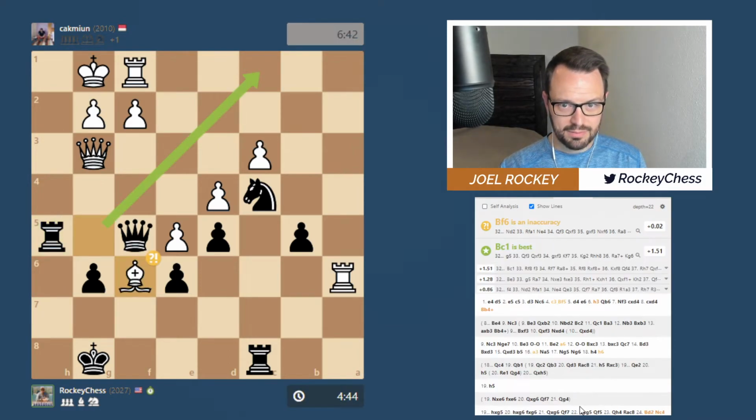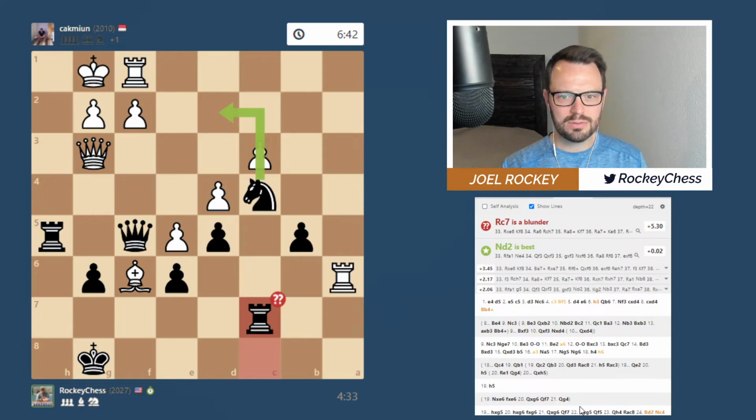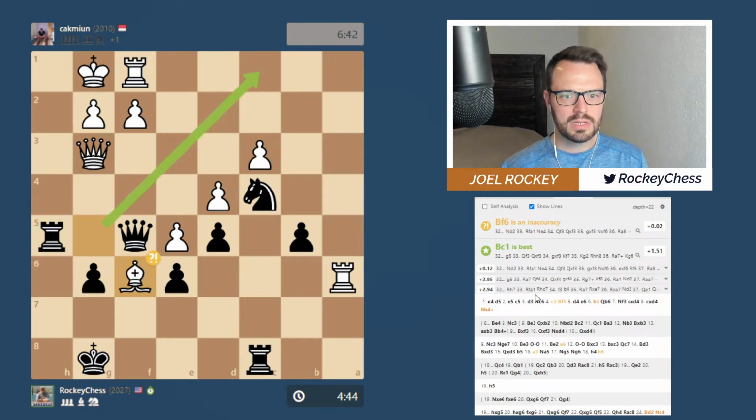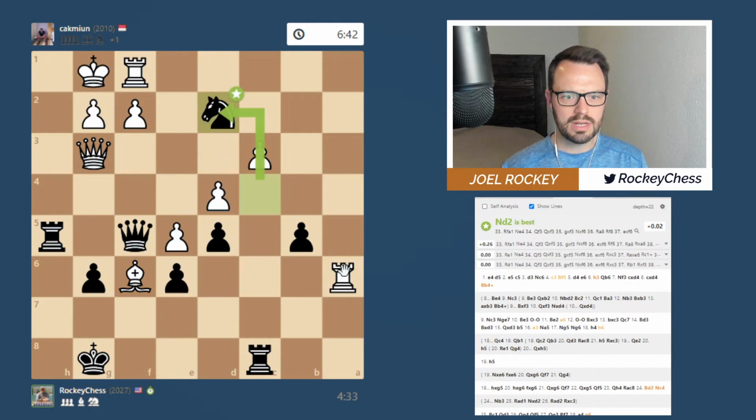I played rook h5, bishop e3, bishop f6. I'm sorry, bishop f6. Knight d2. That's a blunder. Oof. What was my best move? Knight d2, and